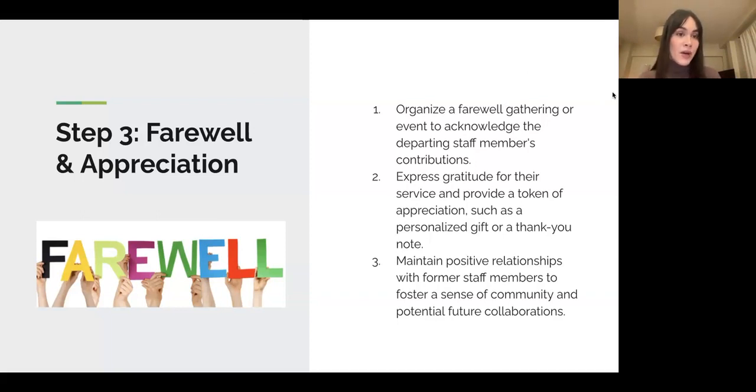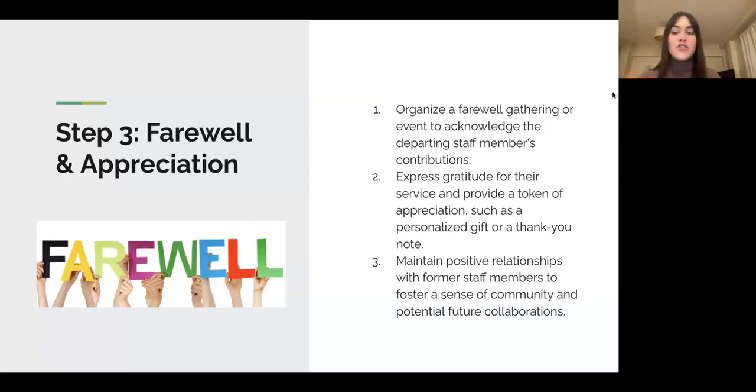Some people leave because they wanted flexibility, but maybe they might be willing to come back as a substitute for your school. So it's always great if you feel that person really thrived in your community and they're leaving for personal reasons or just because the scheduling didn't work out for them. It's always great to leave the door open and say, you're always welcome in our community. If you ever need anything from us, if you need a recommendation, please don't hesitate to reach out.